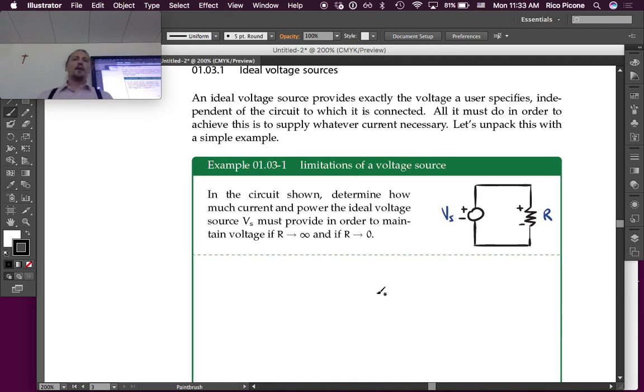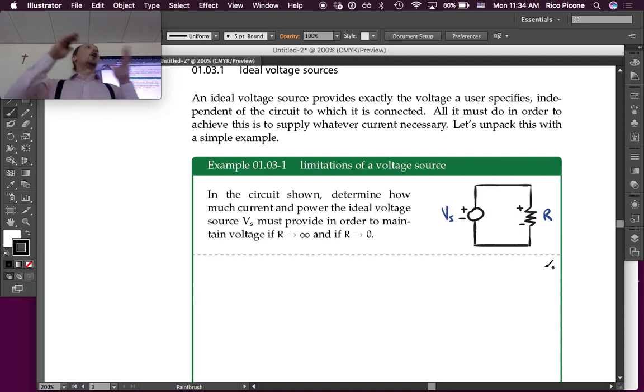In the circuit shown, determine how much current and power the ideal voltage source, Vs, must provide in order to maintain voltage if the resistance of the resistor it's connected to is infinitely large, approaches infinity, and if R approaches 0. So what are those two things called commonly? As R approaches infinity... Limits. A limit? Well, yeah, that is a limit mathematically, but as R approaches infinity, physically we would say